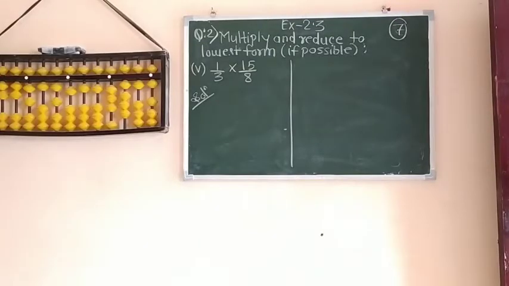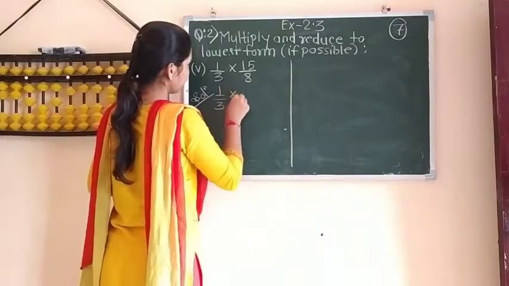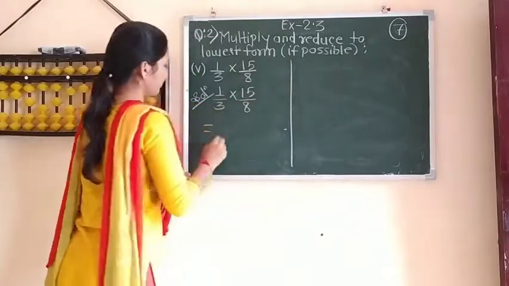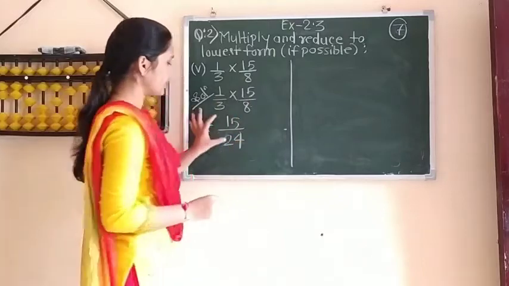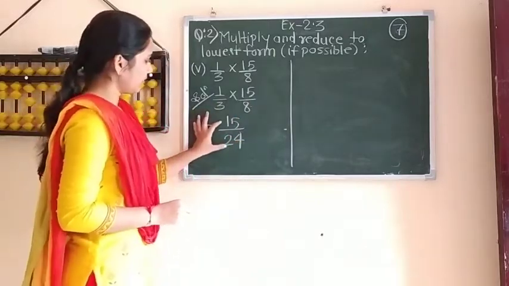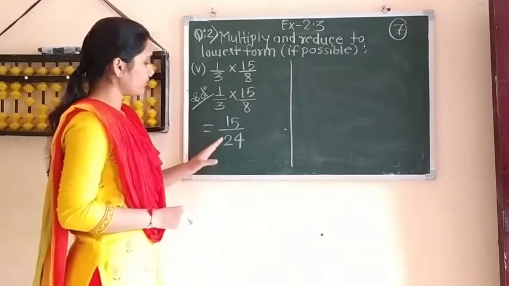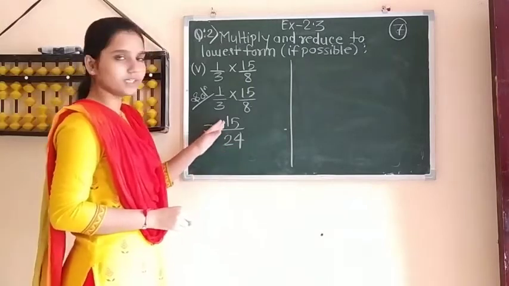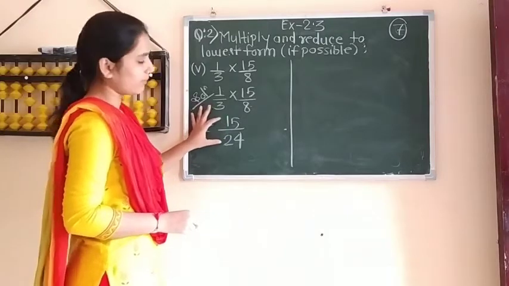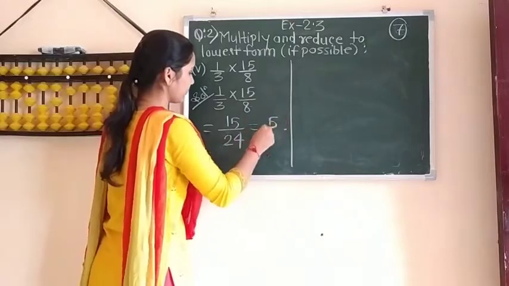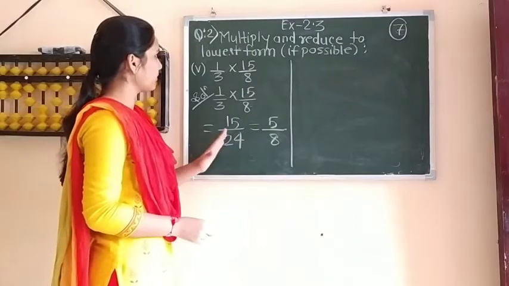Now next, the fifth one is 1 by 3 into 15 by 8. So write it down as it is. Now numerator into numerator, 1 fifteens are 15 upon 3 eights are 24. Now check, can you reduce it to its lowest form? Whether numerator and denominator are divisible by the same number. Check here. If you are dividing by 2, the denominator is divisible but the numerator is not divisible by 2. So check for 3. Yes, both are divisible by 3. So divide both by 3. 3 fives are 15 and 3 eights are 24. So the answer is 5 by 8. So in this way, the second question is completed here.